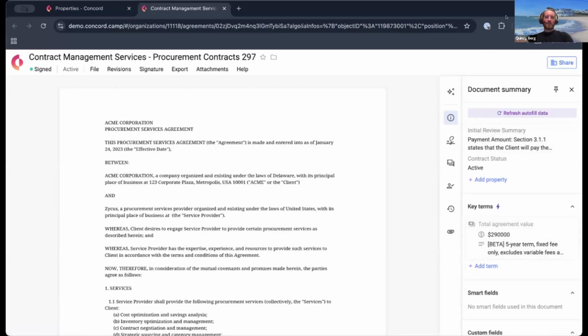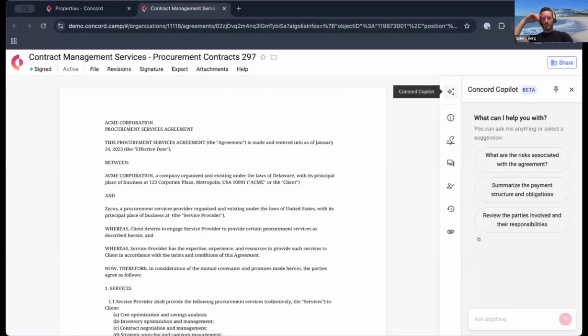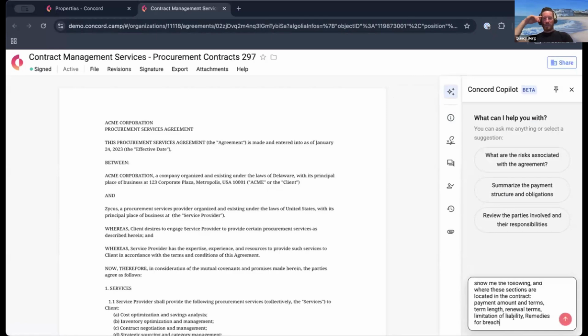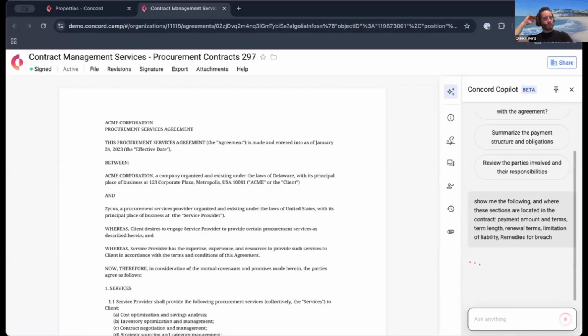But oftentimes I work with customers that want additional data pulled out of their contracts. And so what we have here is what we call the Copilot. This is where you can ask any sort of questions about the contract, and then it'll provide a response. So I have a few specific data points here that I like to look at if I have a signed contract that comes across my desk. These are the key points I'm looking for. So I feed in this prompt to the AI, and then it'll provide a response,